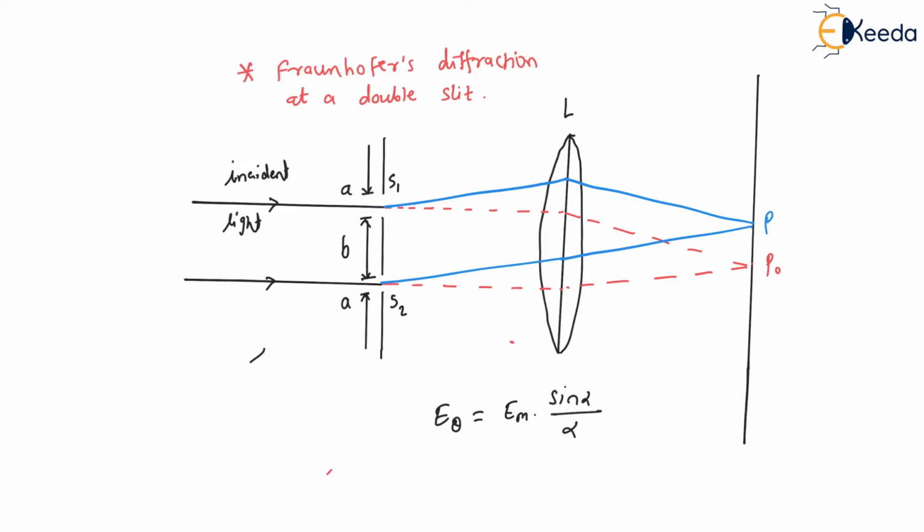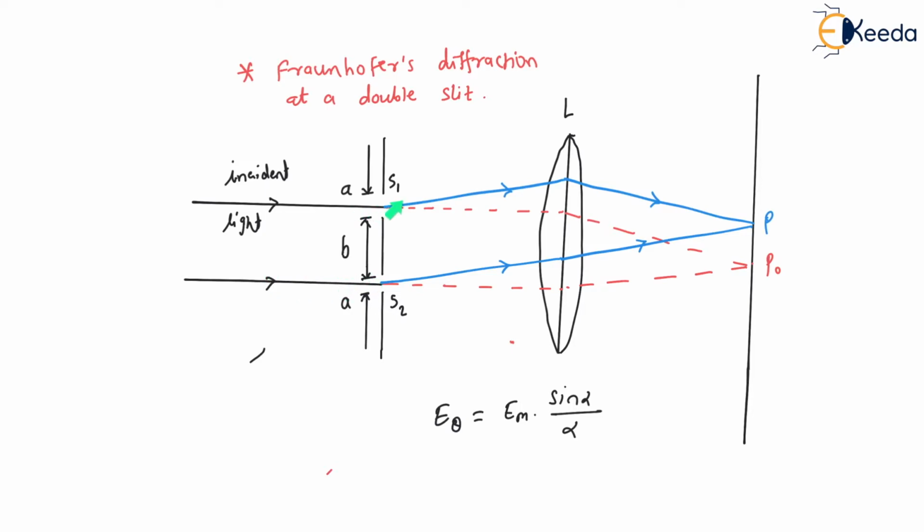In the same way as in the previous session, where we found the resultant amplitude at point P, here at double slit also we will find the resultant amplitude at this particular point P. And then again we will find the conditions for obtaining maxima and minima, or secondary maxima and minima points on the screen. So now again I'll repeat. Here we have considered all the secondary wavelets starting from S1 replaced by a single wave. Again same with this one also.